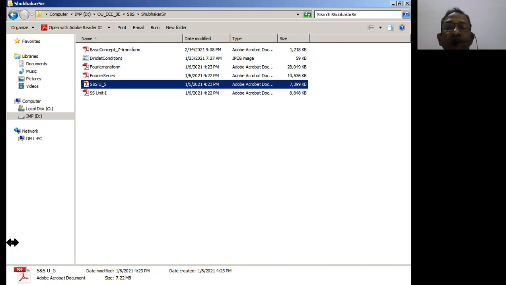The above series is going to converge if mod z inverse is always less than 1. So this is the condition which you are always going to consider. This mod z inverse should be less than 1 for a series to converge. Now when I substitute that, I can write 1 by mod z less than 1, and therefore mod z is going to be greater than 1. So the region of convergence is going to lie outside the unit circle, greater than 1.